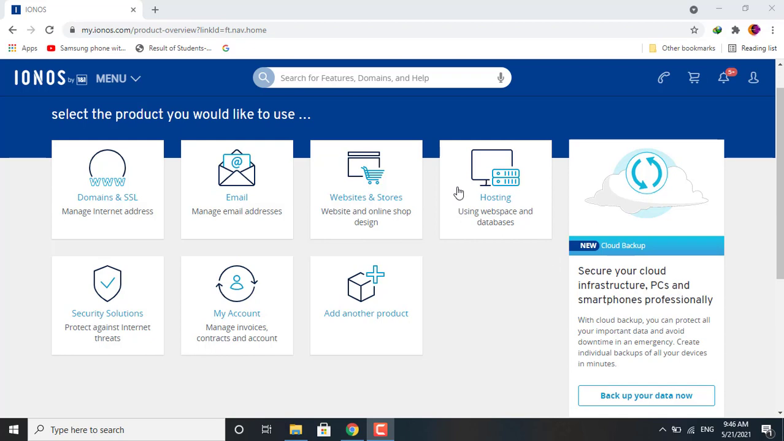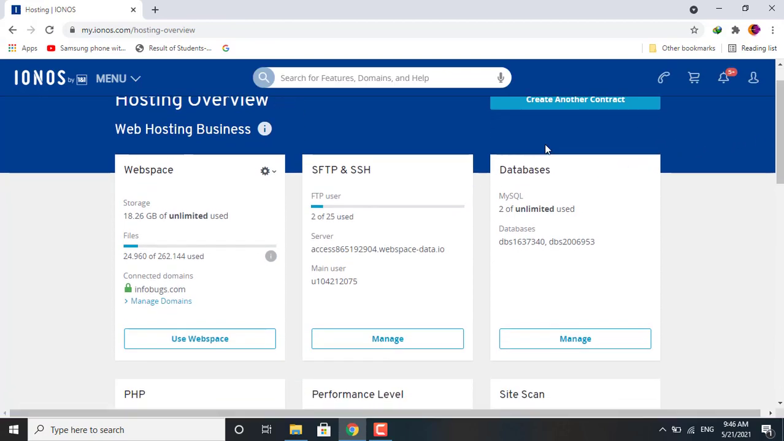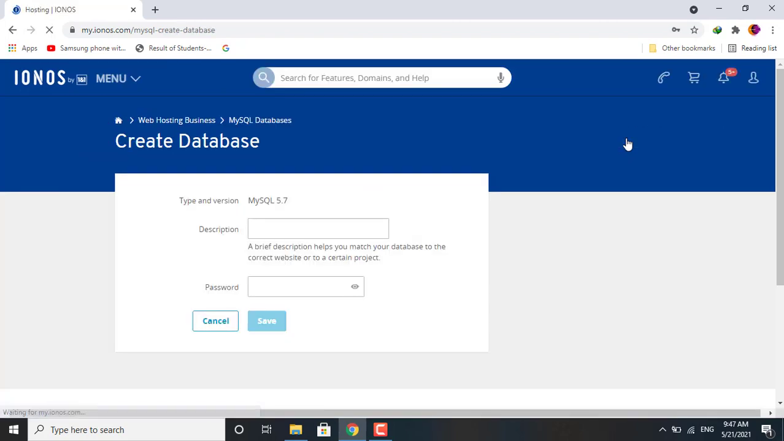You just need to go to your web server, your dashboard. You will find the hosting, then click on hosting, and then you will see the database. Because we are going to create a database, we will click on manage, and here we can see a create database option. So click on it,